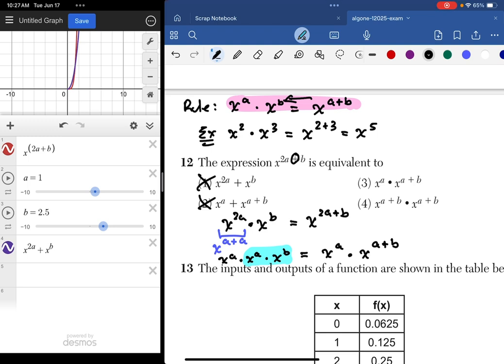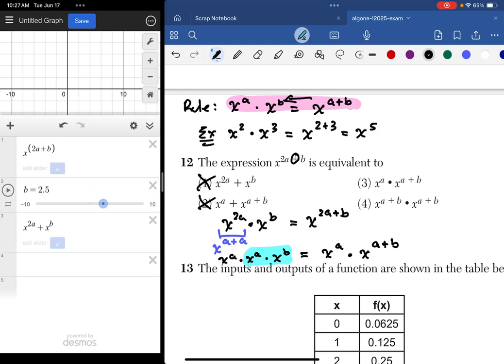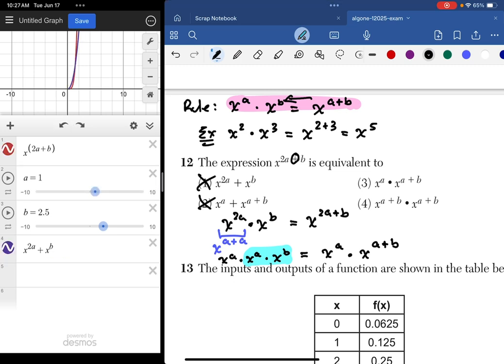And again, you don't really need the sliders. It's kind of fun to look at. When I put it in using a's and b's, Desmos assumes that I want to make a slider, so it makes it automatically, right? And if I delete one of them, it won't let me do anything. It's like, no, you have to have it there. So I just kind of live with it.